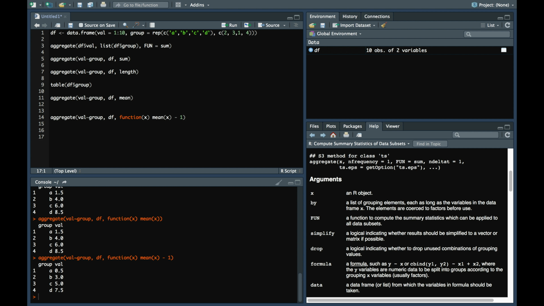If you have a complicated function which you want to apply on each group, it's very easy with anonymous functions. A very common question on Stack Overflow is to collapse the entire group into one row with comma separated values. So the output should be 1 comma 2 for group A, and for group B, it should be 3 comma 4 comma 5. You want to collapse the group into only one row. Let me show you by doing it. It's this, and basically it's toString. So what this does is it creates one row for each group and it collapses all the values into comma